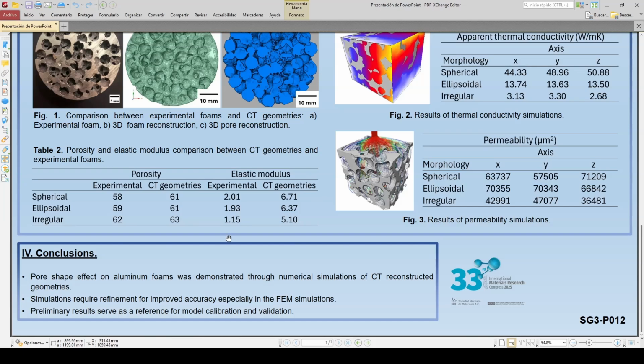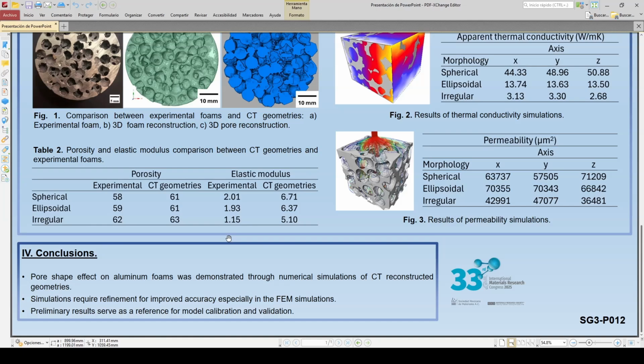Finally, after this analysis, we get to the following conclusions. We think that we have demonstrated the pore shape effect on aluminum foams using the numerical simulations on the computed tomography and reconstructed geometries. For all the cases, we think that these simulations require refinement. It's important to note that this is just the first approach to these simulations, and we are currently working on improving the models